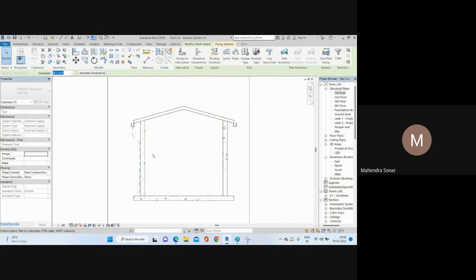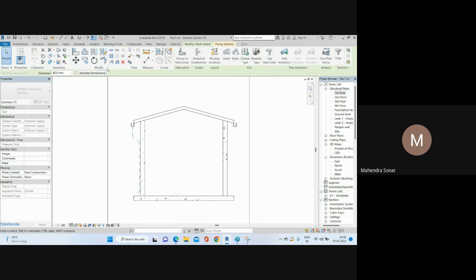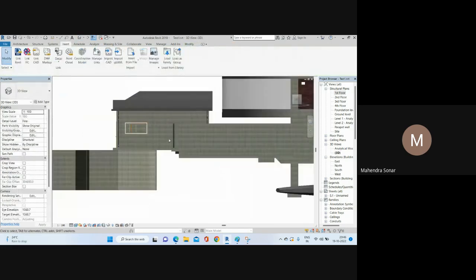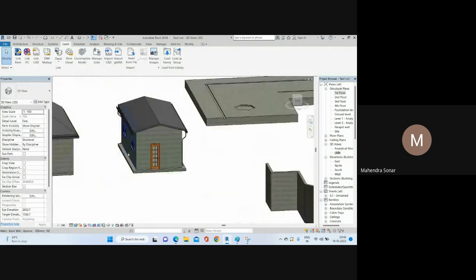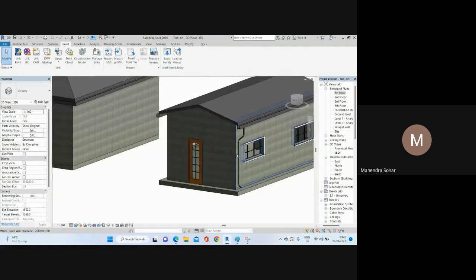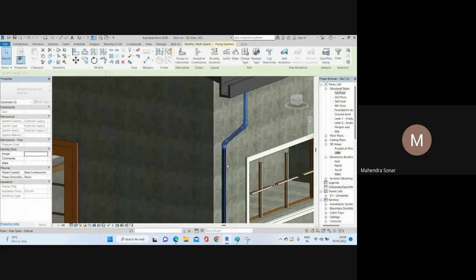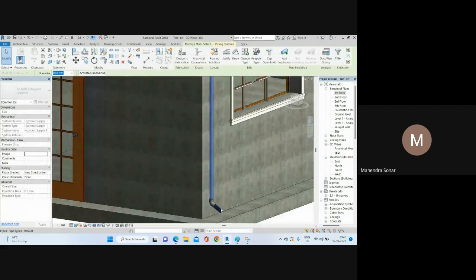Yeah, so I have already selected, so you can see multiple categories I have already selected. Okay, so what I do, I will just use the mirror command, and I know this is the mirror axis. I will just select the exact center of the building and just add. And if you see, the other direction also added here, one drain pipe here. Then same, you can select this, then select this, then select here and